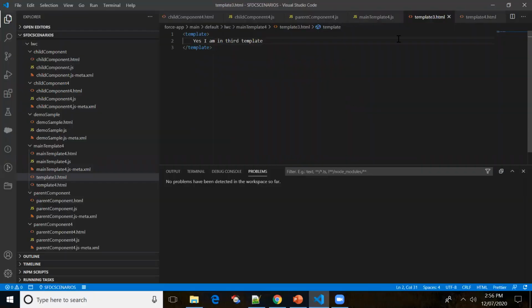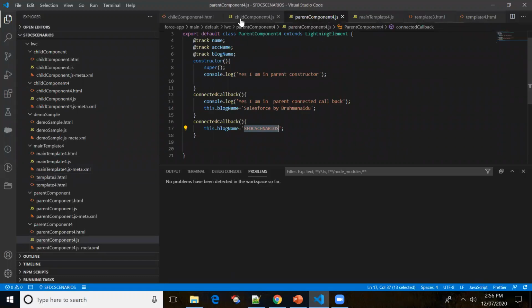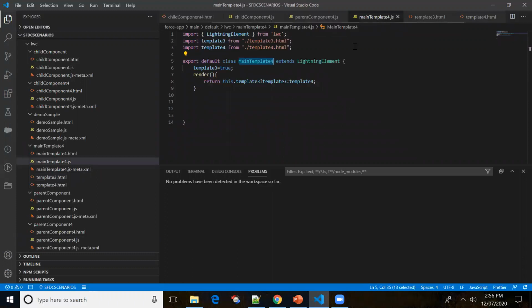So now what I'll do is I'll make some changes to the JavaScript. Okay, so in the main templates, right? Instead of template 3, I'll be just changing it to 4. Okay, so now let me deploy this code to the source code. So basically in this render, what we'll be doing is we'll be just rendering the template, right? Based on the business requirements.